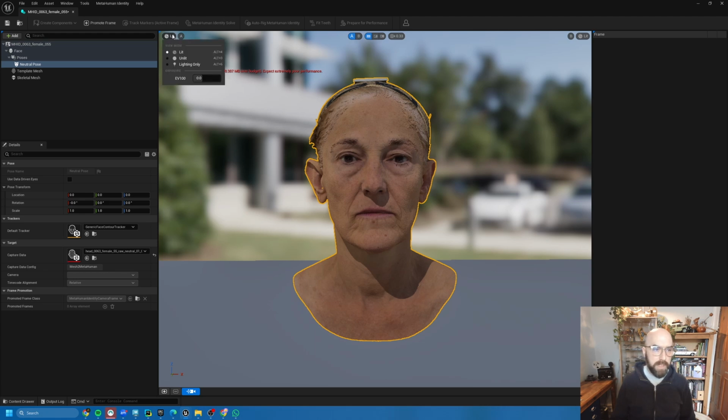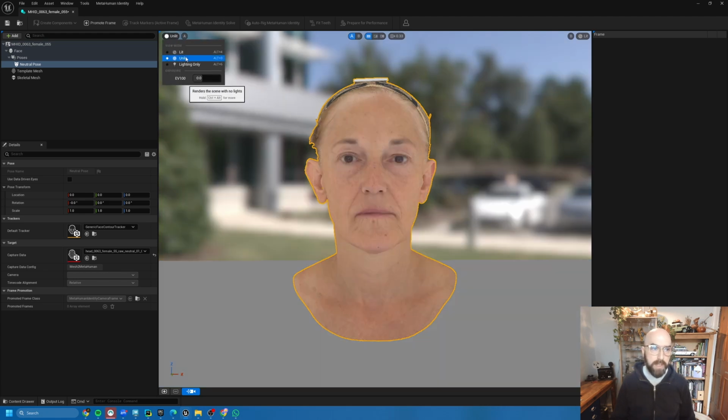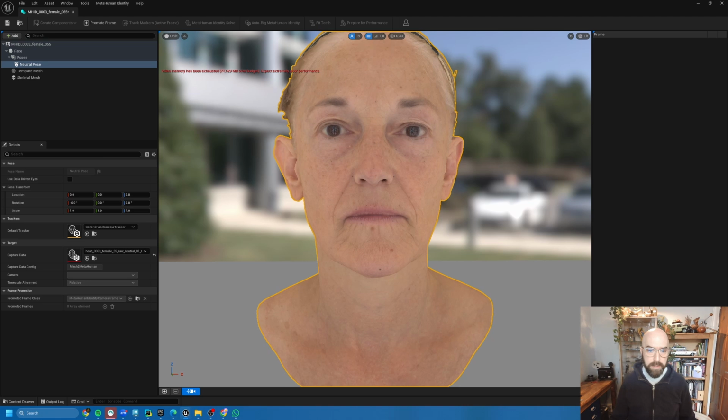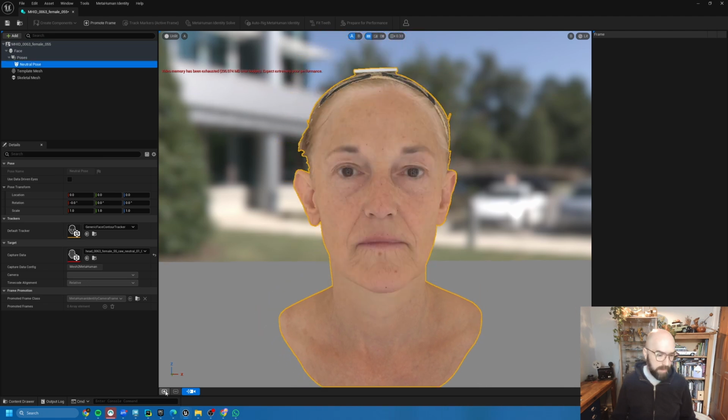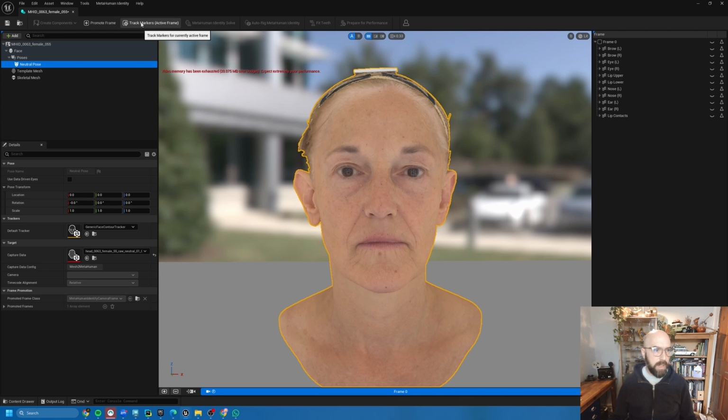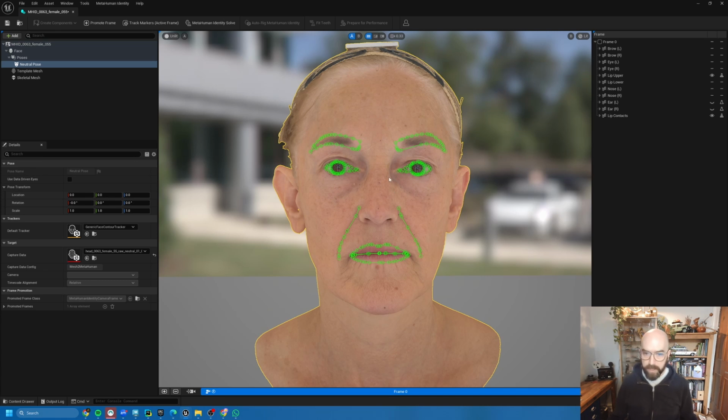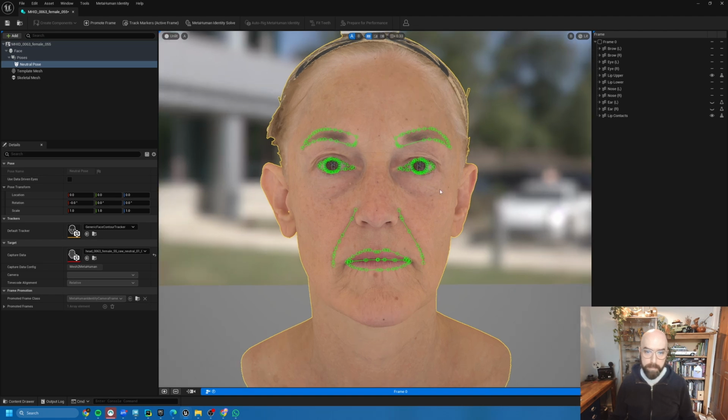So what the documentation recommends is to use the unlit mode so that you don't have any shadows. So you want to get it framed up nice and central. Let's set this as our front view. So I'm going to hit track markers. There we go. So I would suggest having a mouse handy, because you will need to use the mouse wheel